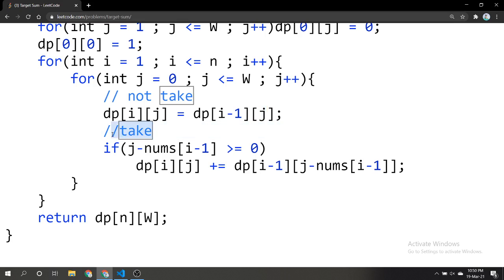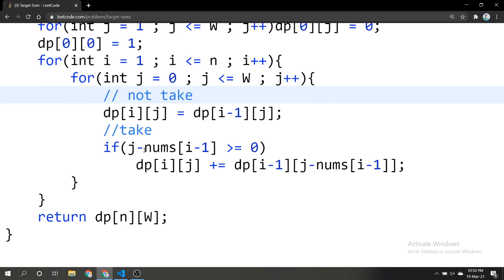And if I take, that's how you do this. Just in DP, make two cases, take and not take, and try to put the conditions correctly, and you will find your answer eventually.